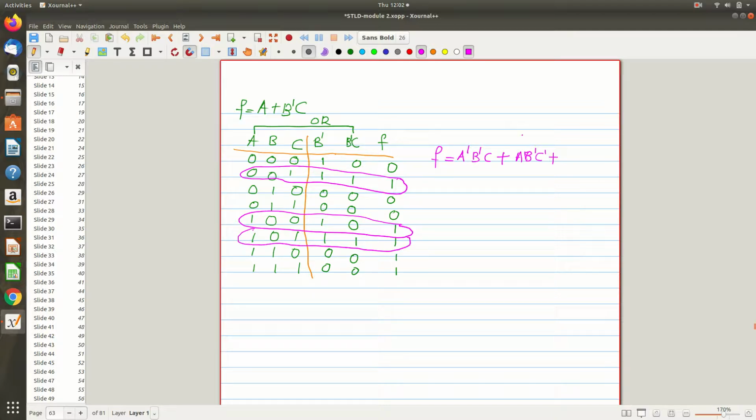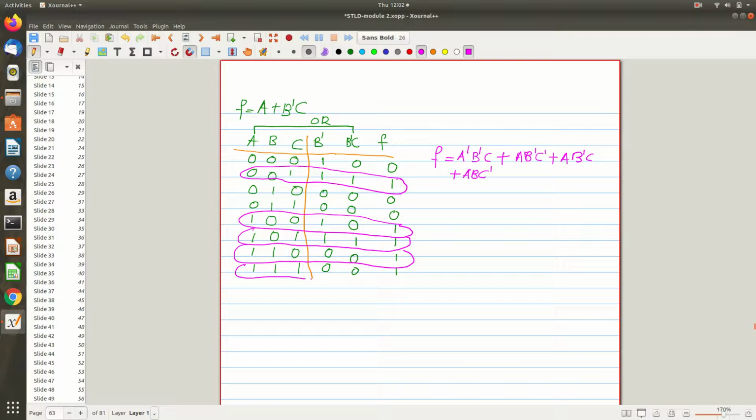Now tell me how to express that case: A is equal to 1, B dash is 1 (or B is equal to 0) and C is 1. So now two more cases. See, this is one case. So tell me OR, so that it is represented by 1. A is equal to 1, B is equal to 1 and C is equal to 0, or C dash is equal to 1. So that is this case.